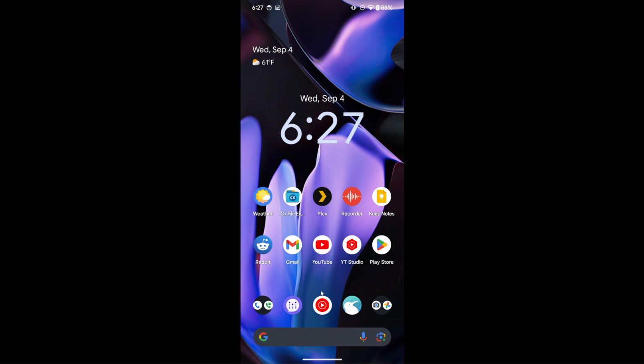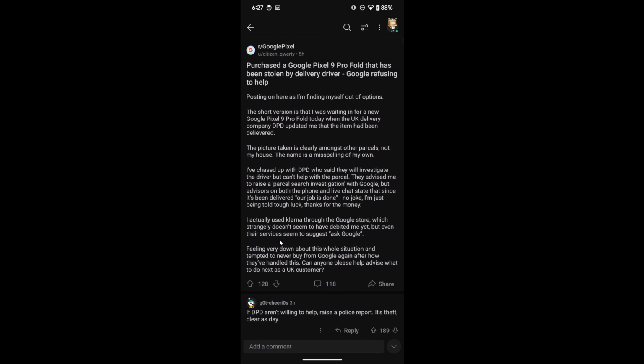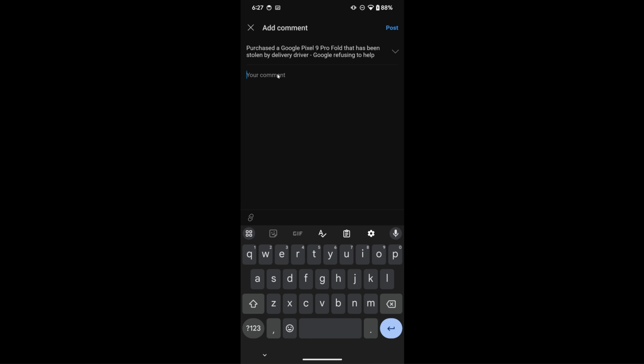Okay. I'm going to go back to that Reddit post here. We're just going to pretend like we're writing a comment just to show you guys. I'm going to say WYA and see, there it is. It popped up immediately in the center. And then we can click on this. So that way, if you have a phrase that you use constantly, you don't have to spell out the entire